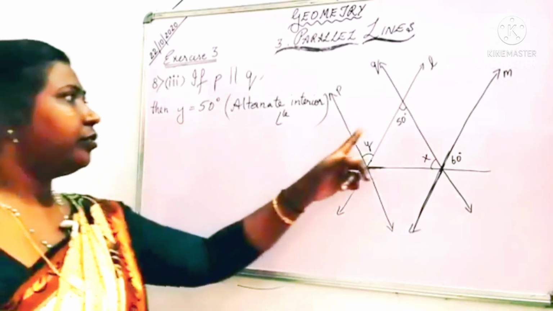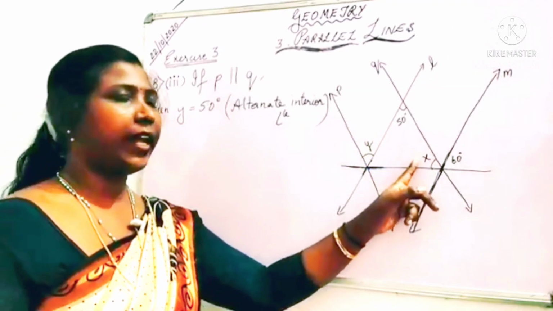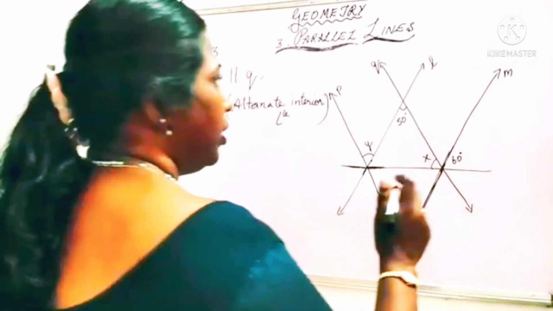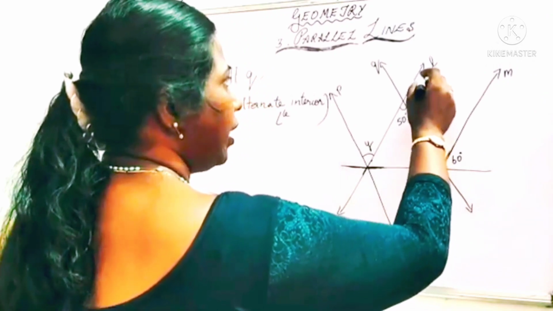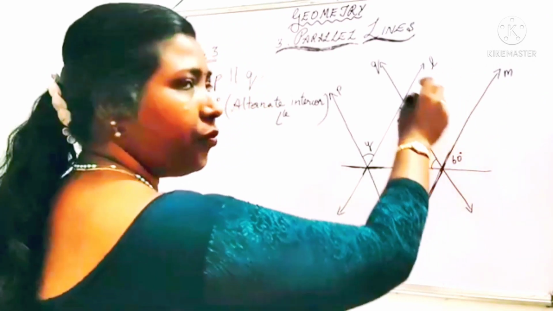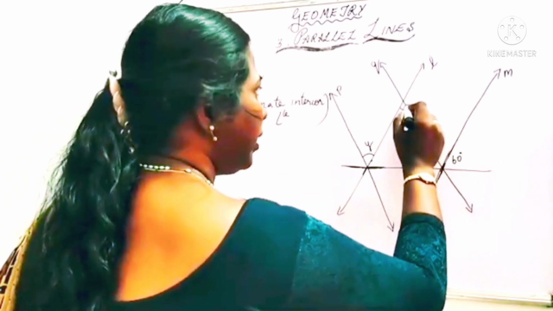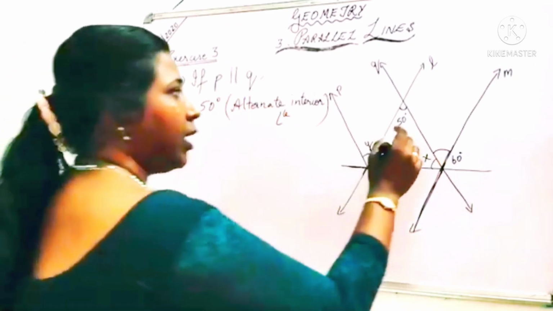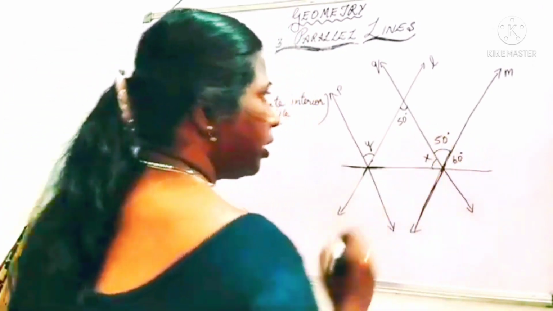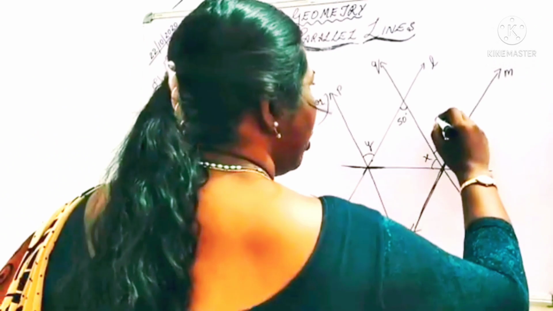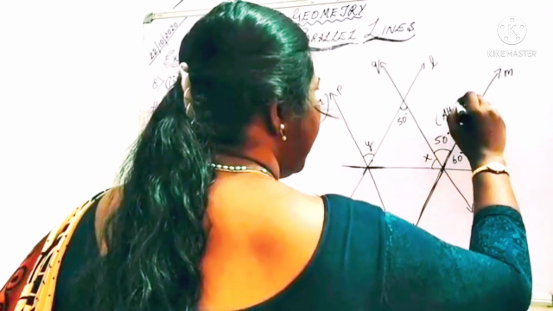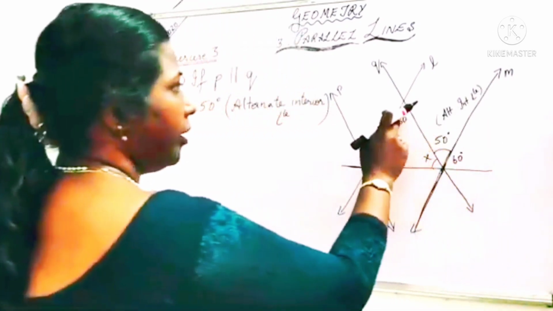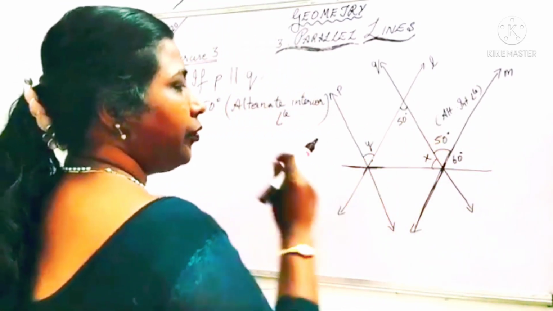Then now we got this y degree. Now we will find out x degree. For finding x degree, if line L is parallel to M, can I take this angle equal to this angle? So can I write here 50 degree? Can I write? Because of what? Alternate interior angle. Yes, alternate interior angle. Now by alternate interior angle, I can write both these angles as 50 degree.